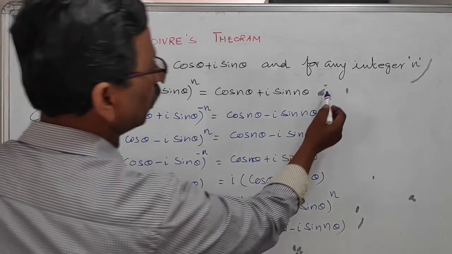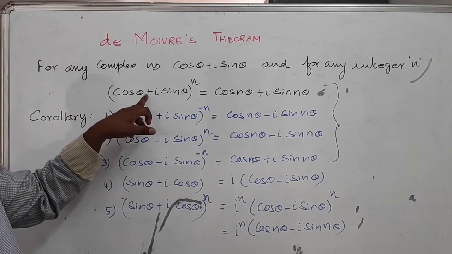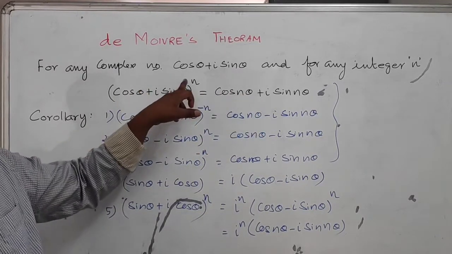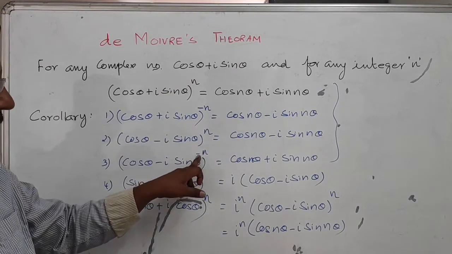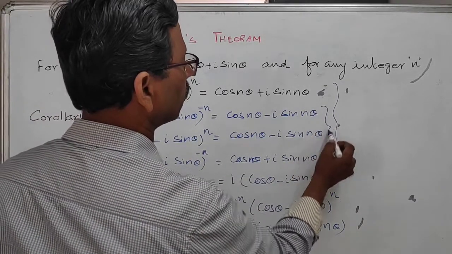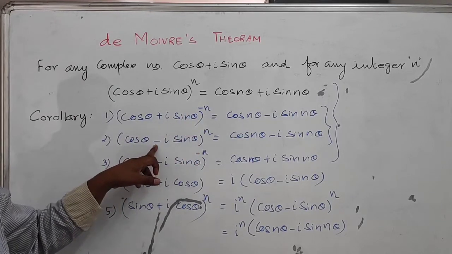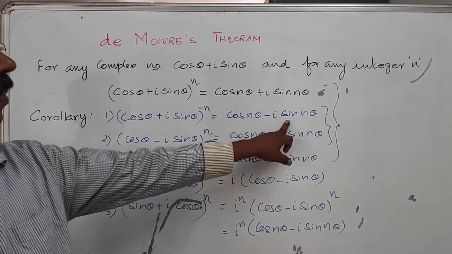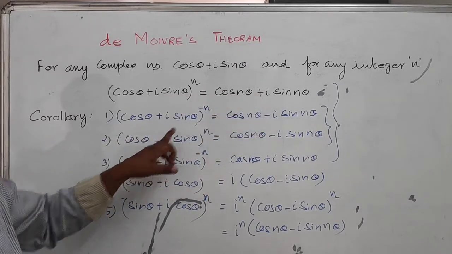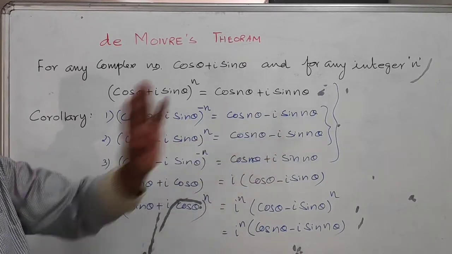Now look at these four results. See, this you can easily remember. If the signs of this and this are both the same, you get plus. Here plus, plus, you are getting plus. Here minus, minus. Both are the same sign means we get only a positive term. Whereas look at these two things. See here, one is plus, other is minus. One is plus, other is minus means you get a negative sign for the imaginary unit. Okay.